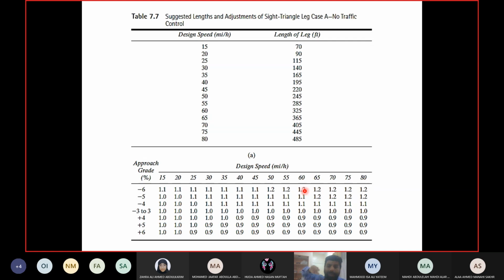If you have the final value and you want to put it back in table 1, then you divide. Somebody already gave me the value of DA, and that value is, let's say, 300, and I want to put it back in the first table to find out the speed. Then I will divide by 1.2. So take the value from table 1 and multiply to get the final. If you have the final, then divide by the adjustment factor to put it into table 1. I will show you in the next example.